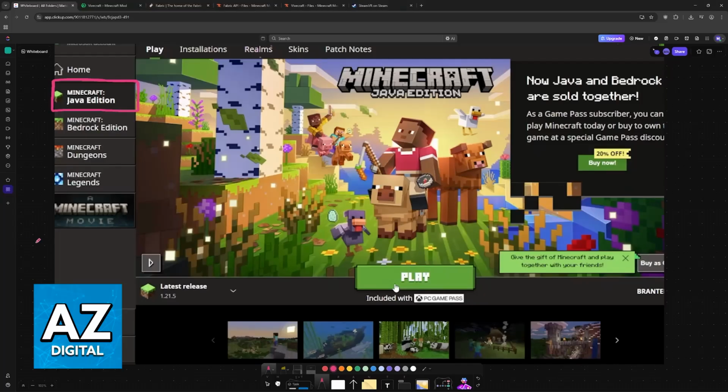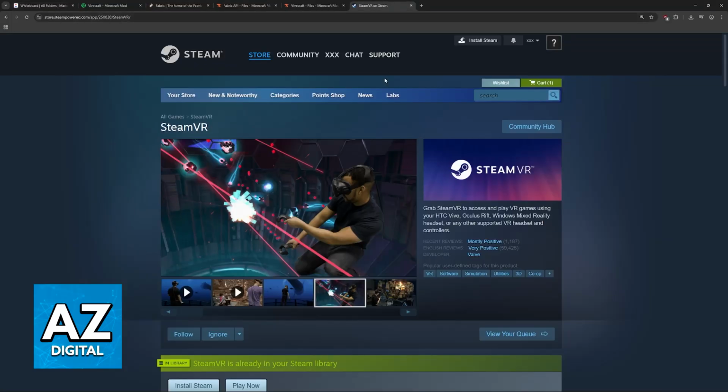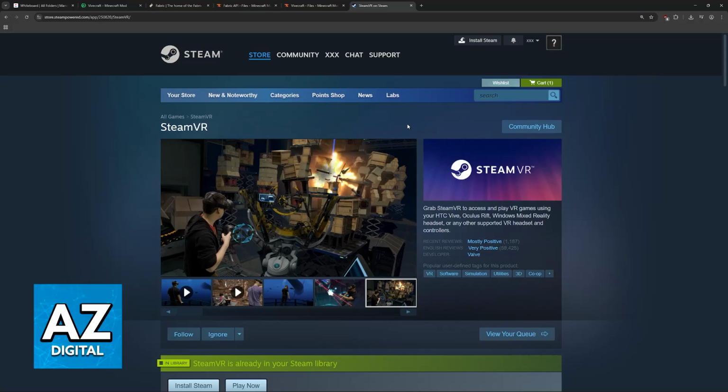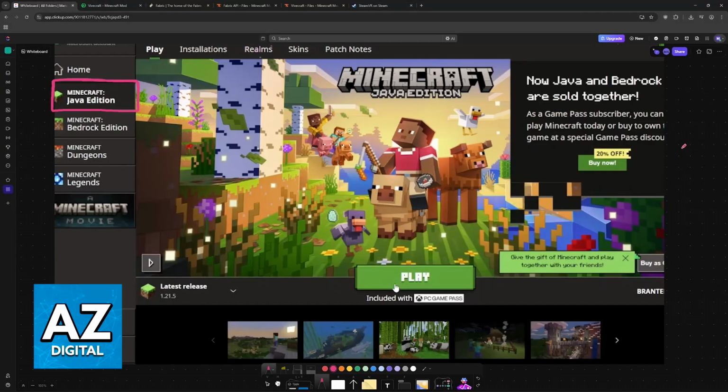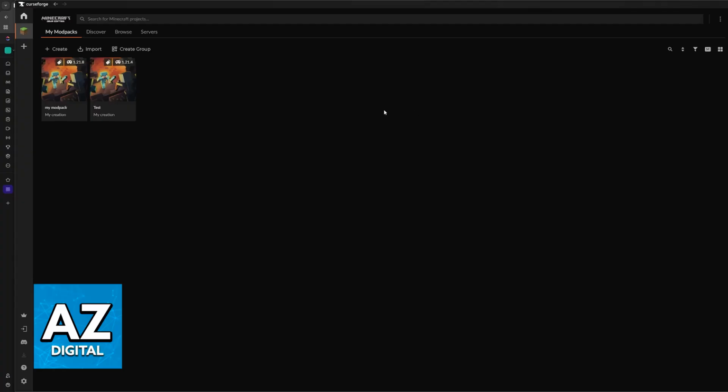So to do this, there is going to be a little bit of setup needed. The most important thing by far is that you download SteamVR. SteamVR must be running in the background when you open the game with the Vivecraft mod. What's going to make this work is a mod developed for Minecraft that allows VR functionality. So all that you have to do is go inside of CurseForge after you download SteamVR, let it run in the background, and then find the specific mod pack that you will be adding Vivecraft to.